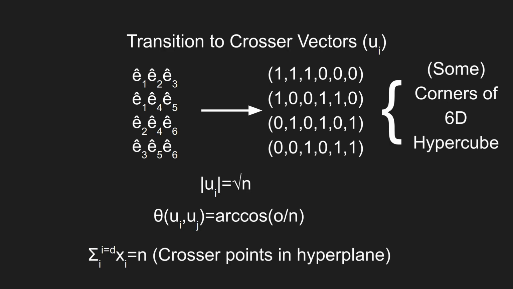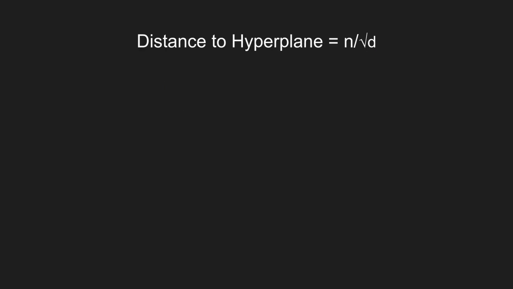all point to points, which we will call crosser points, in the plane x1 plus x2 all the way up to xd equals n. The distance between this plane and the origin is n over the square root of d, as one can see with a little algebra. An intuitive way to calculate this distance is to notice that because all the vectors have the same magnitude and correspond to points living in this hyperplane, the hyperplane must be orthogonal complement of the vector 1, 1, 1, blah,